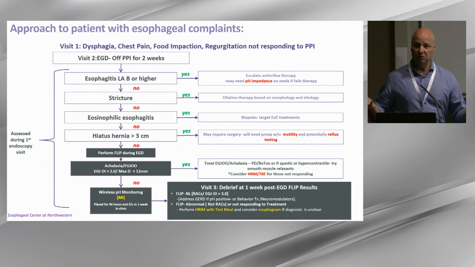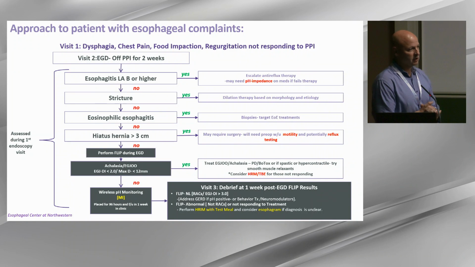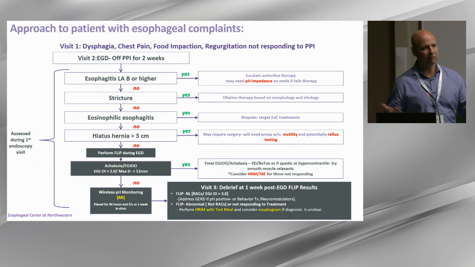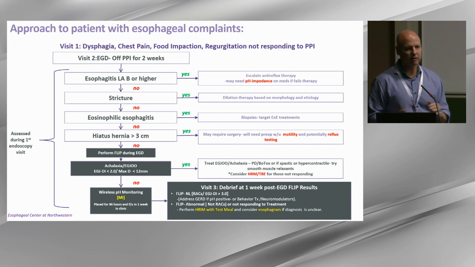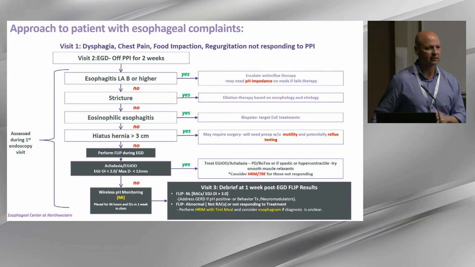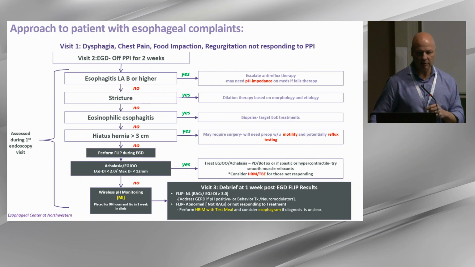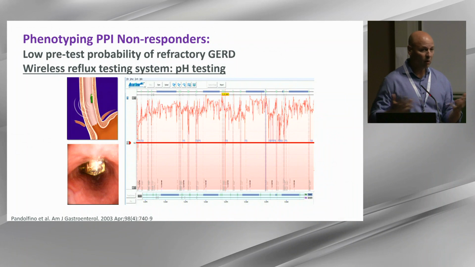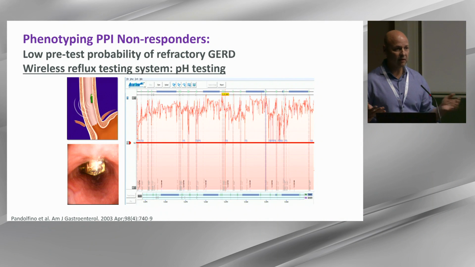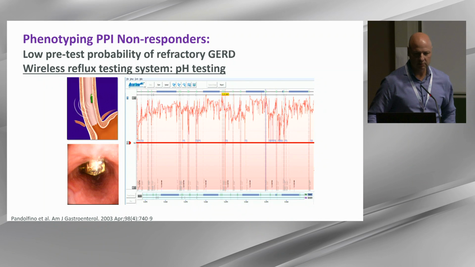Now, there's other things we can do during endoscopy. So say, for instance, we go through this and I find a FLIP that looks like it's borderline contractile response, maybe a little bit weak. Well, now I can do some reflux testing. So at that particular junction, during that same endoscopy, I can place a wireless capsule and study that patient for 96 hours. And in doing that, I can pretty comfortably, off medication, decide whether or not this patient has reflux,